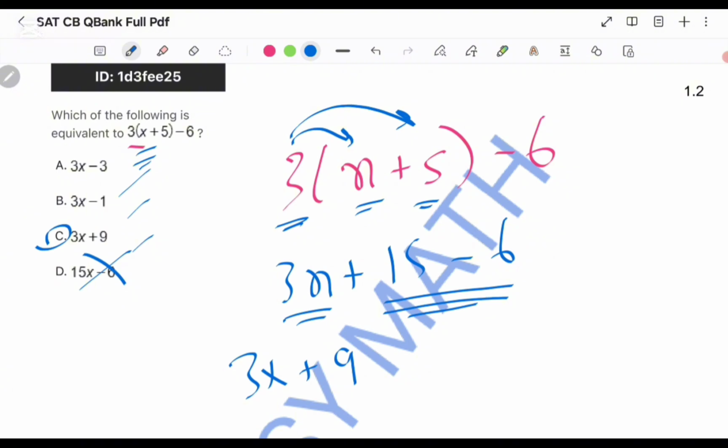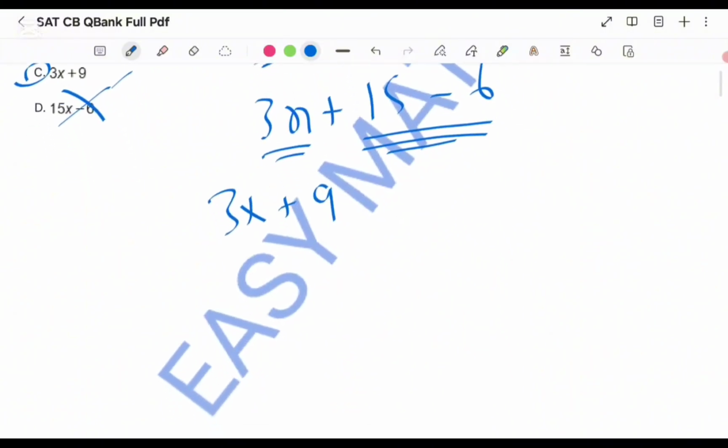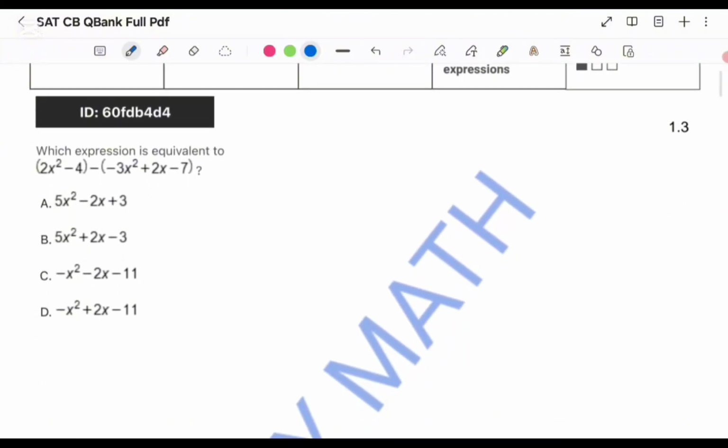Now there's also a way that you can do this on Desmos, but I'm going to keep it for the end. So the answer choice here is going to be D. Moving ahead, I want you to stop the video a little bit and pause and maybe try to do it